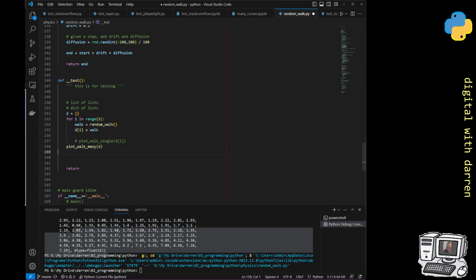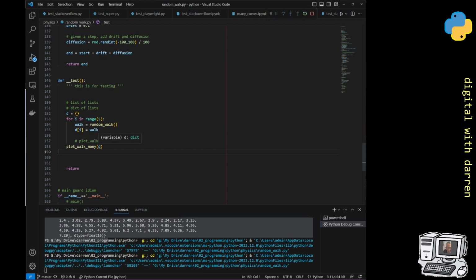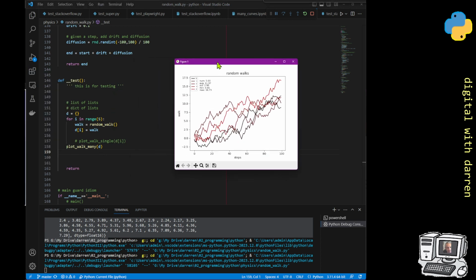and plot walk many. I think it should run as is just from this test code. So if I do F5 to run it, we might get a legend actually. Yeah, we do get a legend. We get a legend over here because we've got 0, 1, 2, 3, and 4 because we ran it 5 times over here in our for loop. That's actually quite nice. That was an accidental, really nice thing to pop up because we do get our legend,